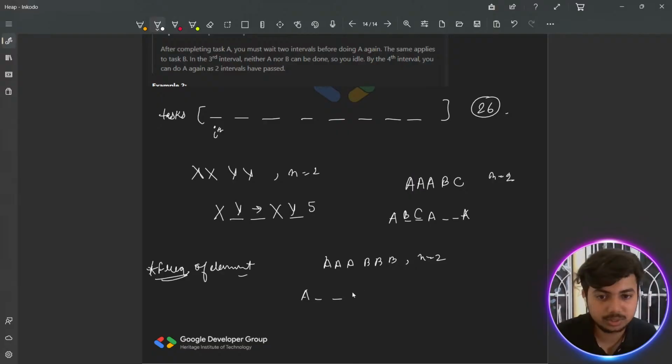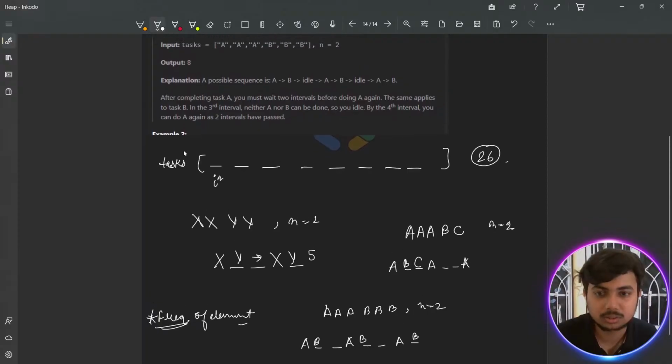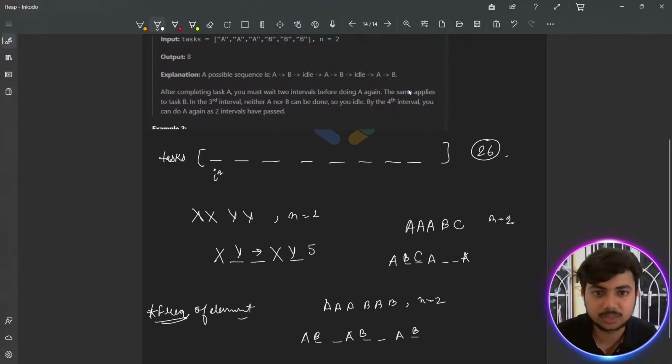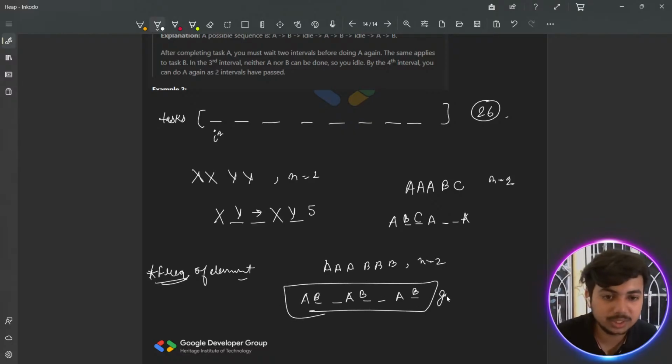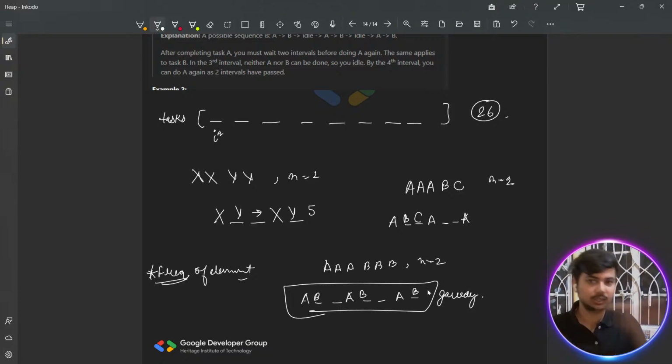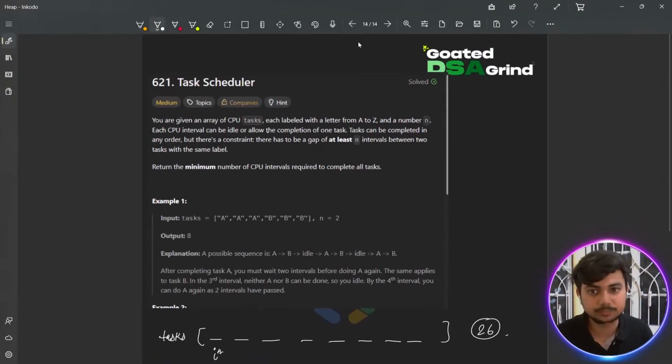So what you do is a, a. Now you're done with a. Now you place b, and after 2 gap you place b, after 2 gap you place b. ऐसा कर सकते हैं। कितना आंसर? 8। ए बी आइडल, ए बी आइडल, ए बी, ए बी आइडल, ए बी आइडल, ए बी, ठीक है। तो ये तो खुद में ही एक ग्रीडी सॉल्यूशन है। सो दिस इज वन वेरी गुड अप्रोच कि तुम क्या करो सबसे पहले कि ए जो भी सबसे मैक्सिमम फ्रीक्वेंट एलिमेंट है उसको प्लेस करके फिक्स कर दो, और फिर बेस्ड ऑन द रेस्ट ऑफ द फ्रीक्वेंसीज बाकी सबको भी सेम वैसे करो, ठीक है।